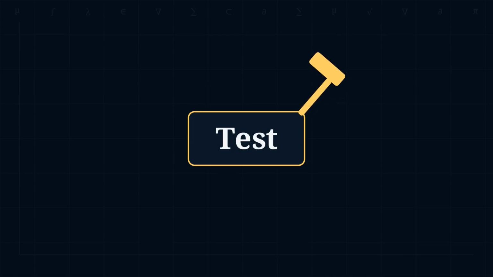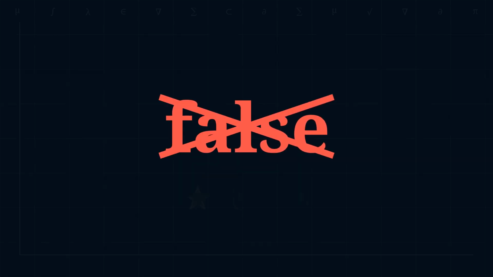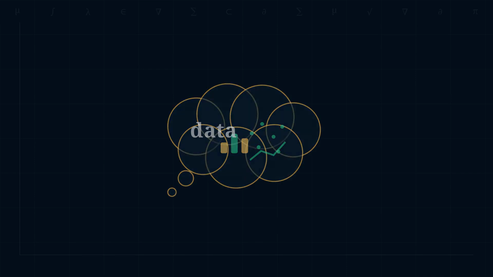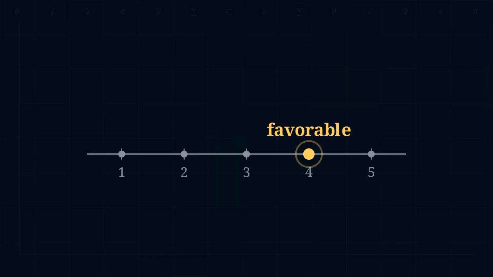Beginners often treat the test as a verdict on truth. They think a small tail probability means the baseline story is unlikely given the data, or even that it is false. They treat the result like a star or a keyword and stop thinking about how the data were generated. They peek at results again and again, picking the moment the result looks favorable and assume the label from the test still means what it claims.